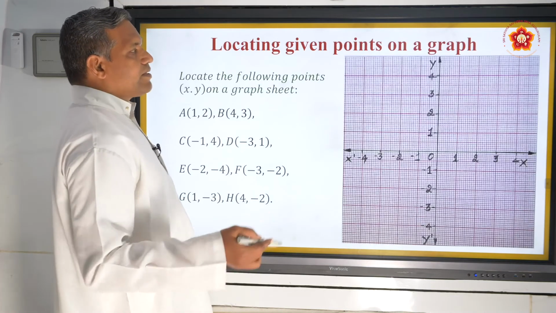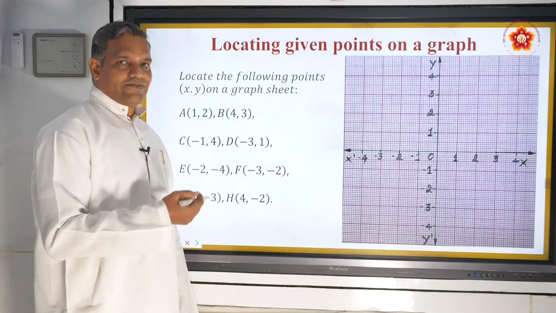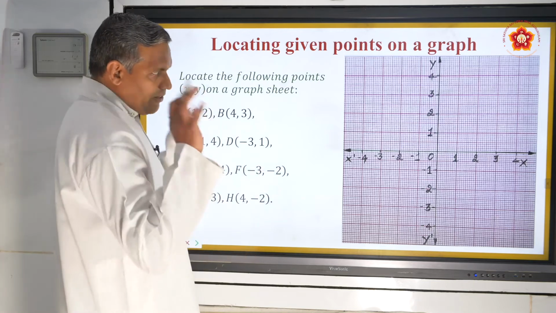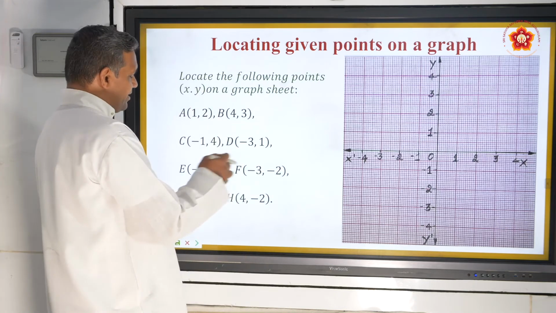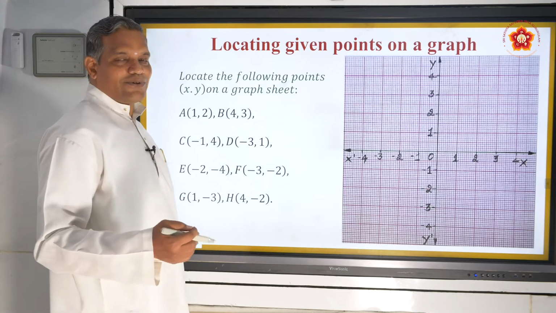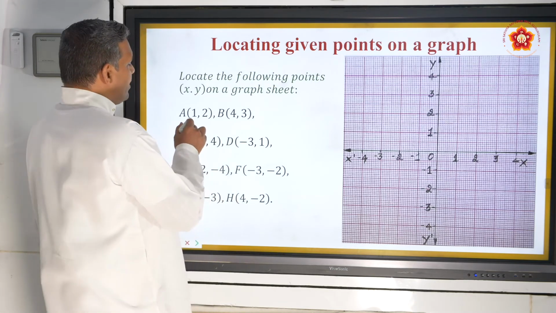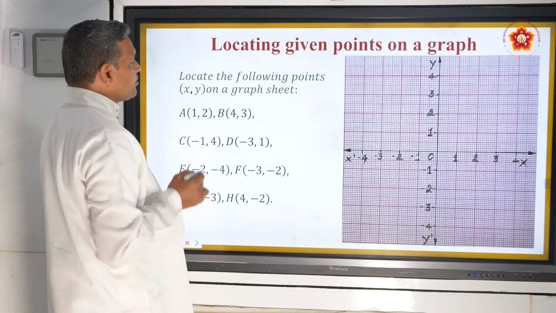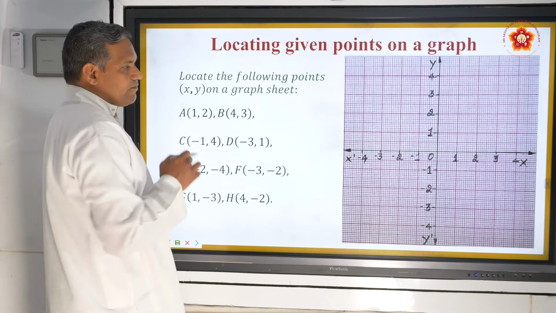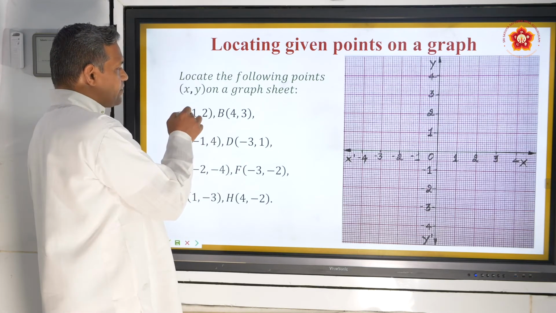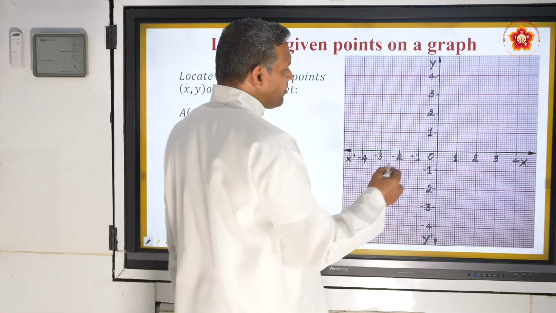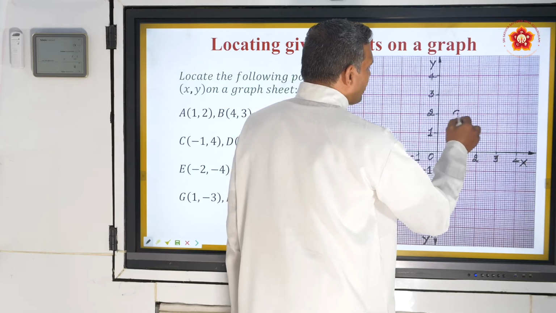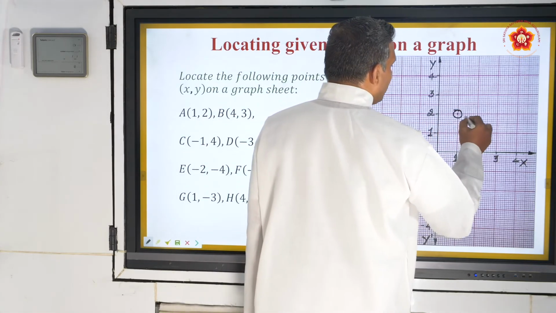Now, locating points on a graph. It's fun, you already played, but we will play again because your syllabus demands it. We'll go and locate some points. With some logic, I've selected A, B, C, D, E, F, G, H. At the end you are supposed to tell me what my logic is. First is 1, 2. Actually, here a comma should be. In 1, 2, what is 1 and what is 2? X coordinate is 1, y coordinate is 2. Slowly remember, x is 1 on the x axis and y coordinate is 2. Here I locate a point and call it point capital A.